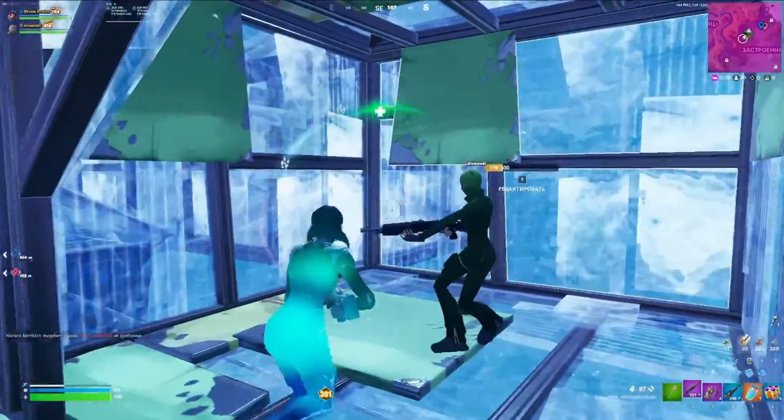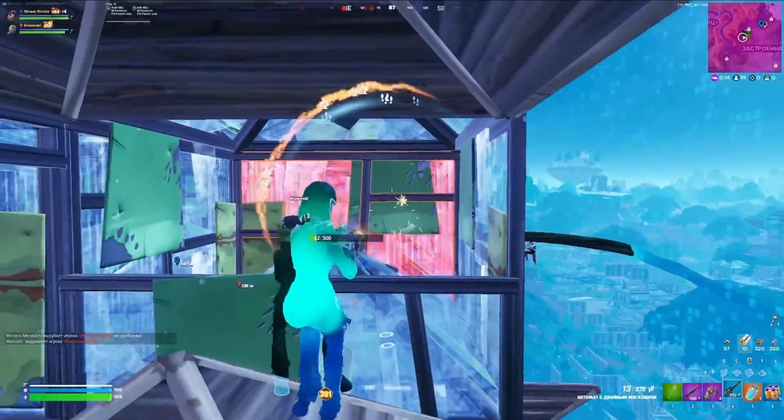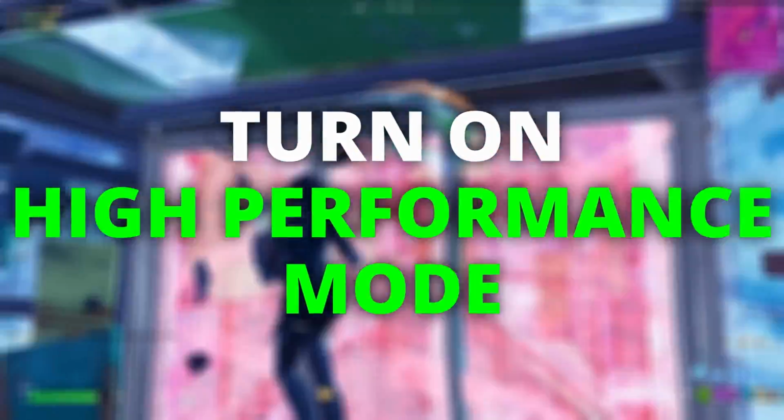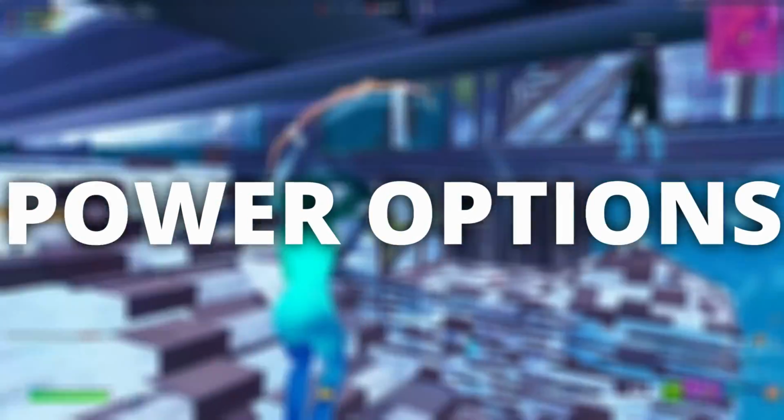And of course, guys, the last tip that I want to go over in this video is to do two primary things in your Windows settings. Number one is going to be to turn on Windows High Performance Mode. What you guys can easily do for this is you can go into your control panel, you guys can go to power options. Once you're there, it's going to bring up a really big tab